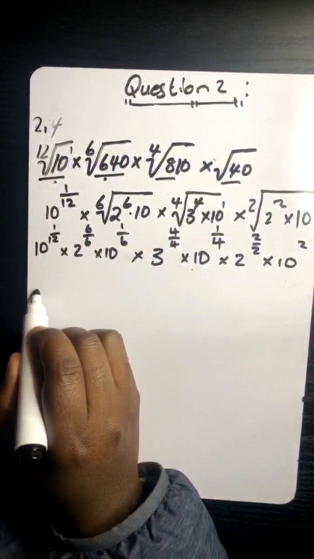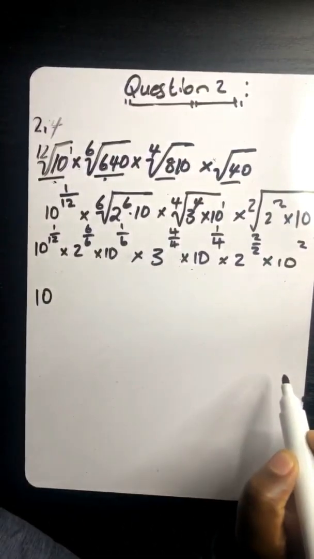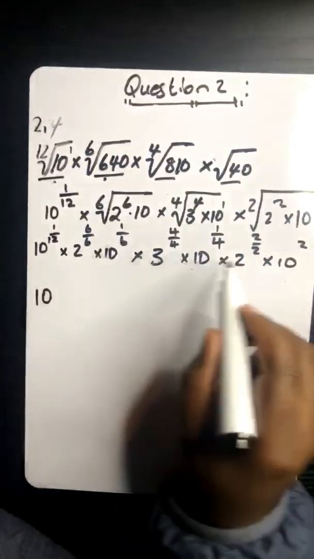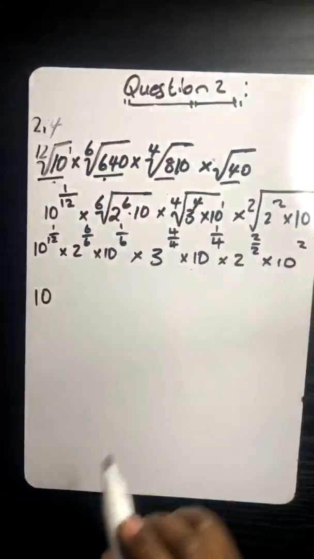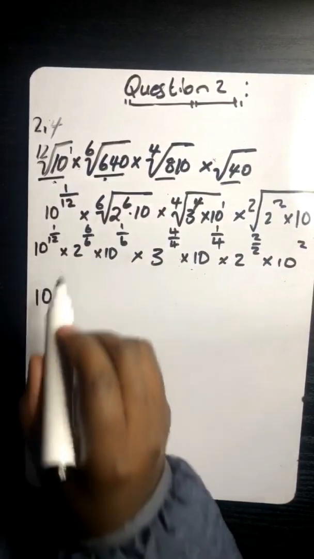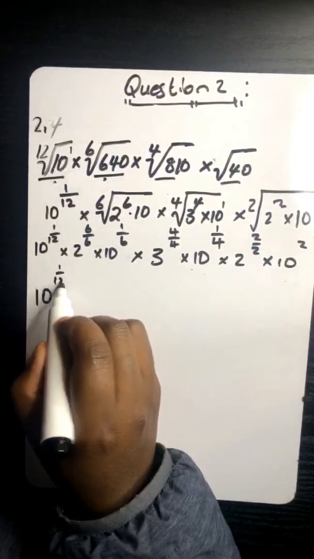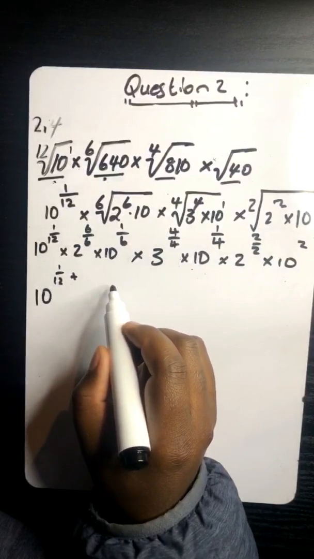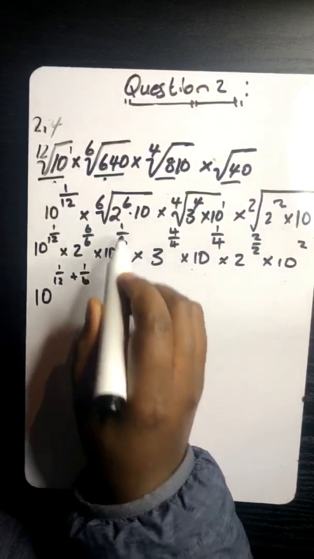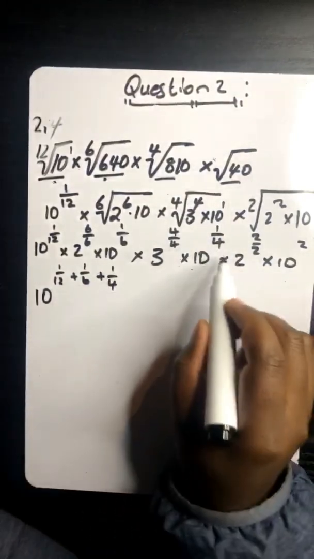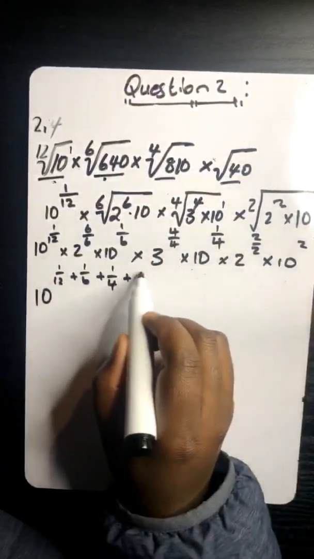Can you guys see that we have 10 being the same base to the exponent? I'm not sure if you guys are able to see that. So that means we have 10 to the exponent 1 over 12 plus, why am I plusing? It's because it's the same base. 1 over 6 plus, I'm adding all the powers, guys. And also that 1 plus 2